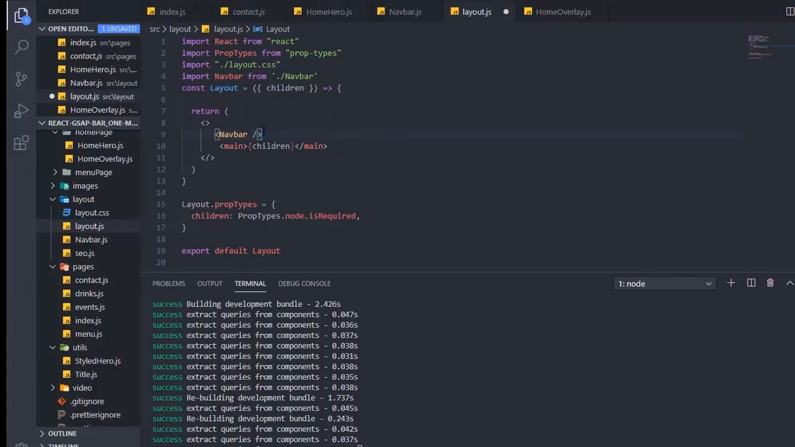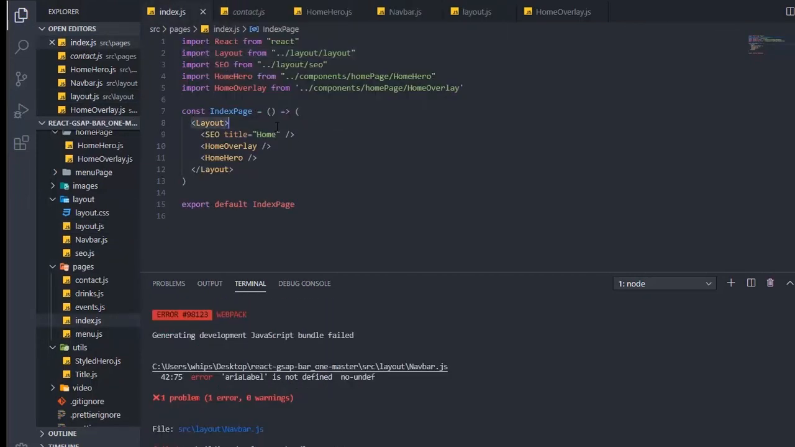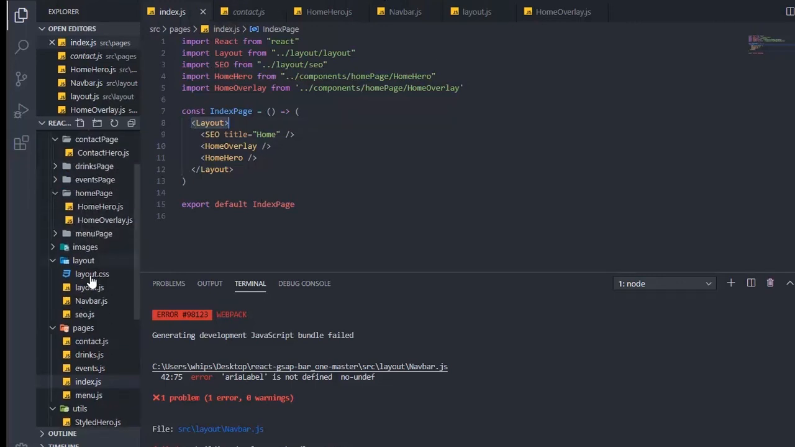All right, so now we have that. That should be on every page. Problem is we don't have layout on every page. We only have it here. And I have ARIA labels not defined, so I got to go back and fix that. I'm sure that's no problem. But the only one that we have it on is layout. So let me fix this error quick, and then we can do